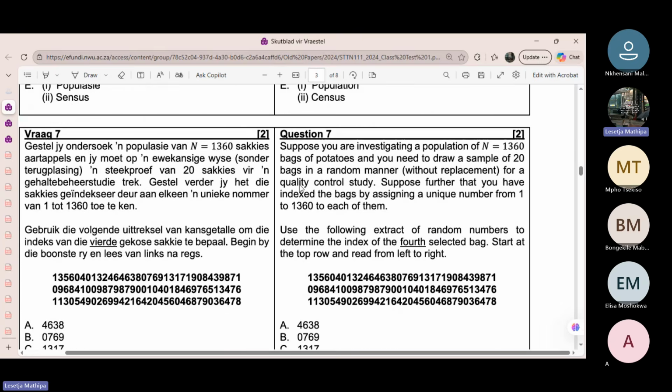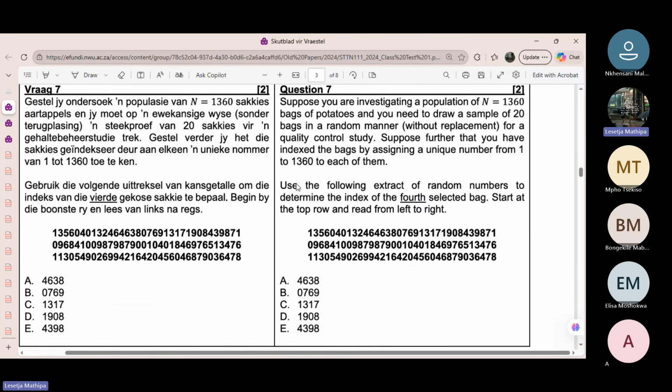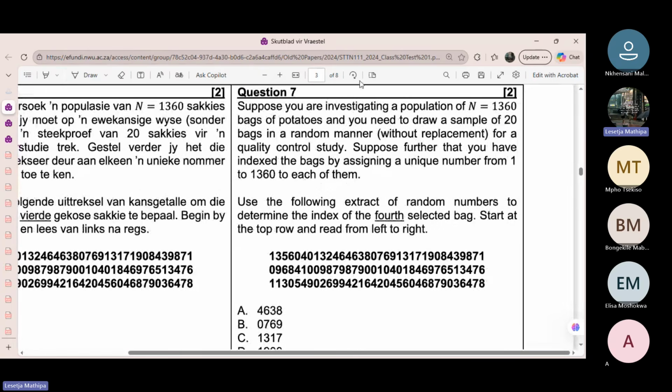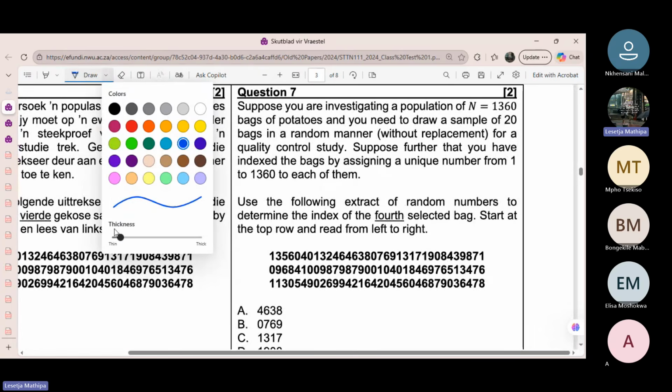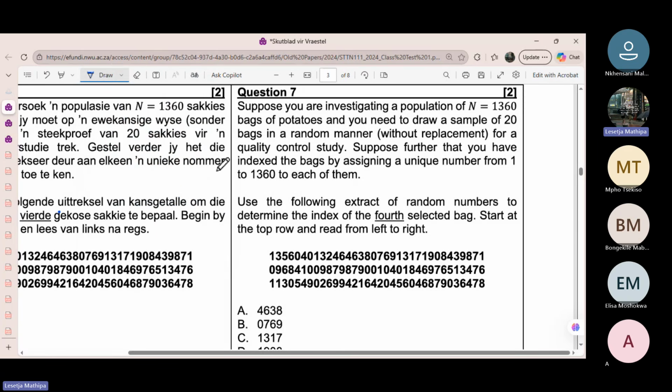2024. Let's look at this one here. Okay, so 2024. Remember, always read the question, analyze it. So now when we look at this one,